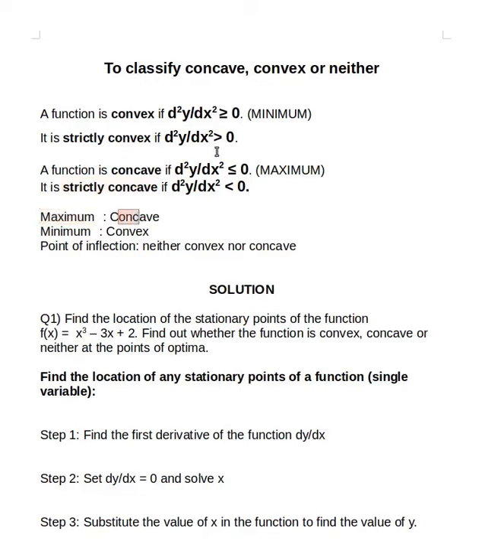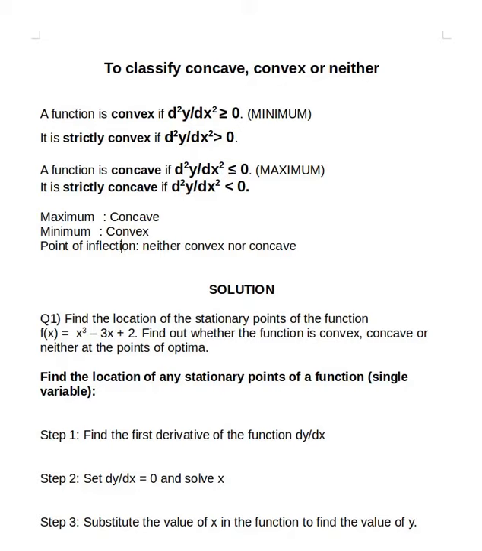If the second derivative is greater than 0, then it is a minimum, and in that case it is convex. If the second derivative is less than 0, then it is a maximum, and we can say that the function is concave. At the point of inflection, we can say it is neither convex nor concave. The point of inflection case will appear when the second derivative is equal to 0. But not every second derivative equal to 0 is a point of inflection. We will learn in today's section how to solve this second derivative equal to 0 issue.